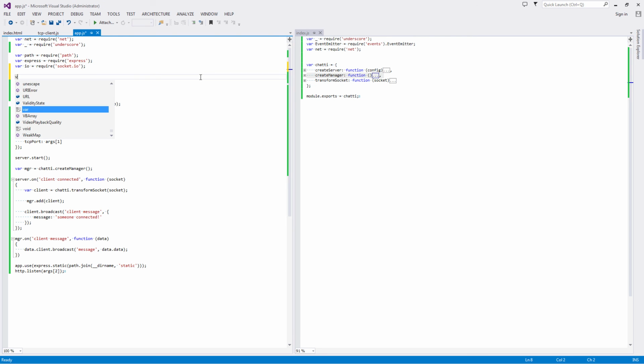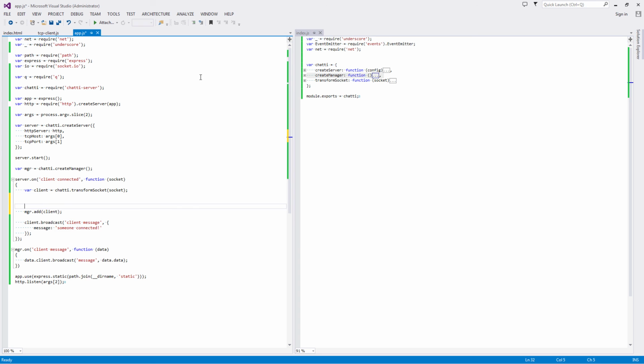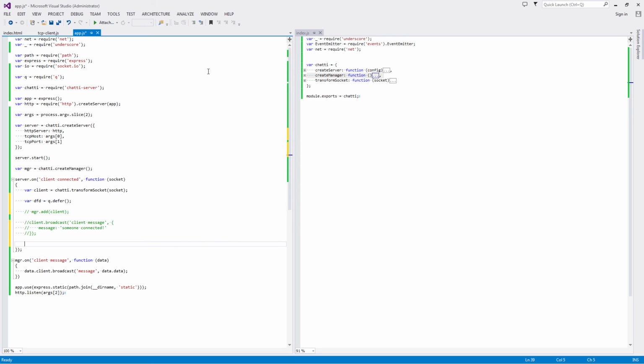So actually, all this works pretty simple, and it does work pretty simple because we've written such good code. All I need to do is include this here, and then create a deferred with Q. I do this with defer, and you see, you can now just say, no, I don't want to add you to the manager just because you connected. There have to be some things met first before you actually can talk to the other guys, and this is pretty easily done. You can just now on message